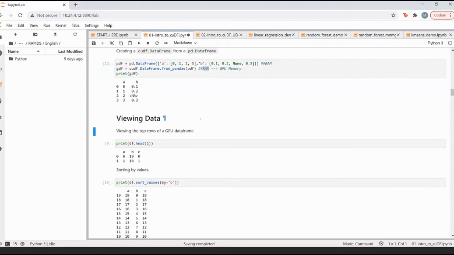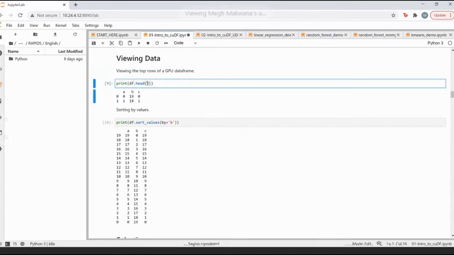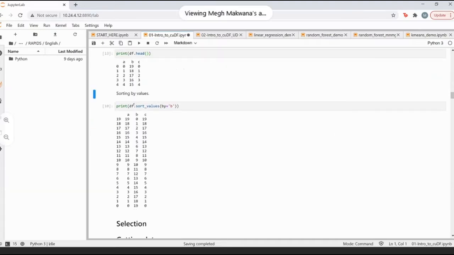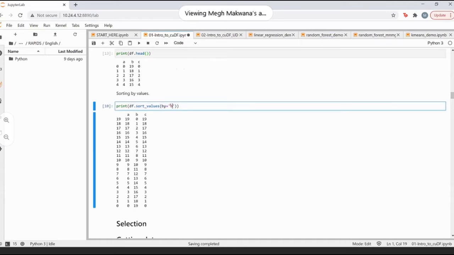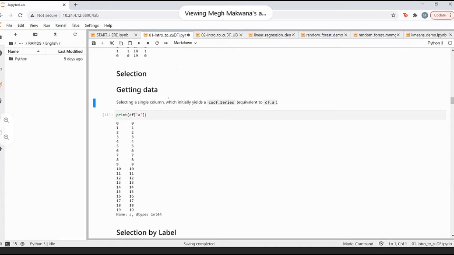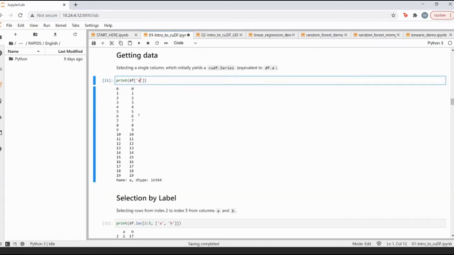Right. Now there are different things that you can essentially do with data frames. So if you say head, you can see only the first n rows that you have mentioned over here. If you don't give this, it will print out the first five. Then you can also do things like sort values by a particular given key, right? You can also select a particular column, or rather I would like to call it a series, from a particular data frame as well. So here I'm just listing out the column A, right?